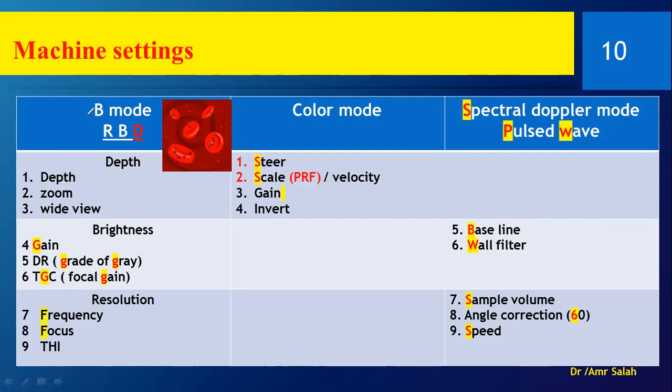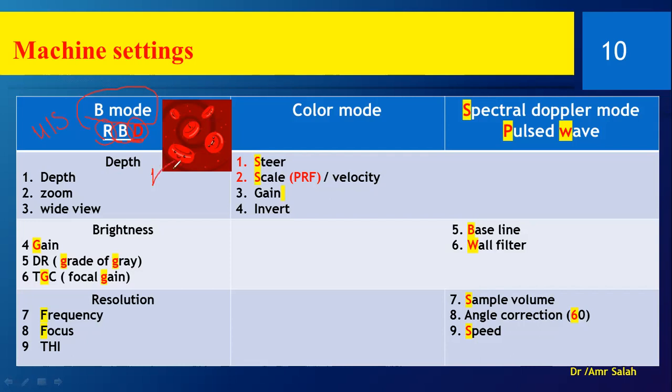Okay, so let's start. Now we have the B mode here. The B mode now is to obtain the best ultrasound picture. Now we want to remember three sets of parameters here. In order to remember them, what we are doing right now, we are explaining how to do the Doppler in order to examine the vessels.